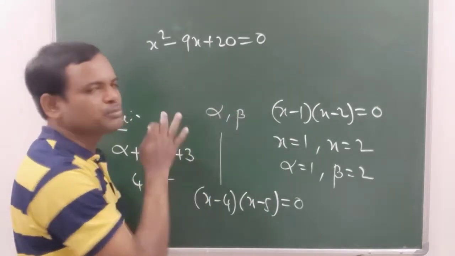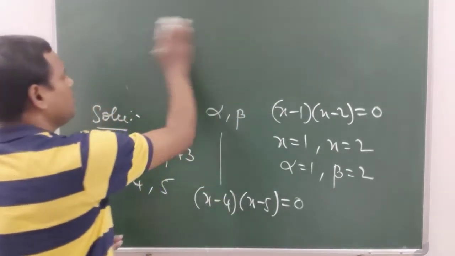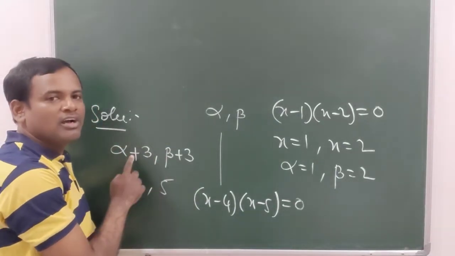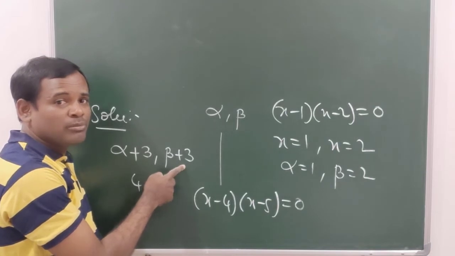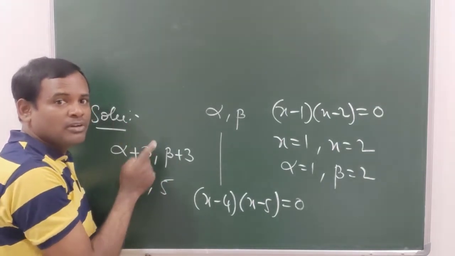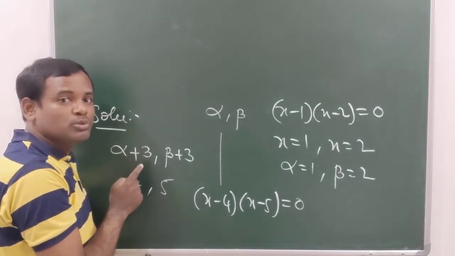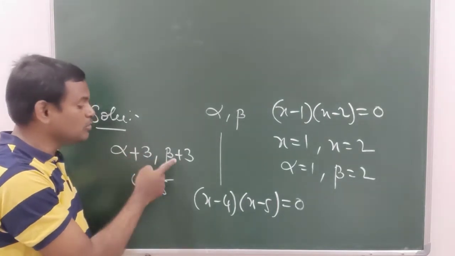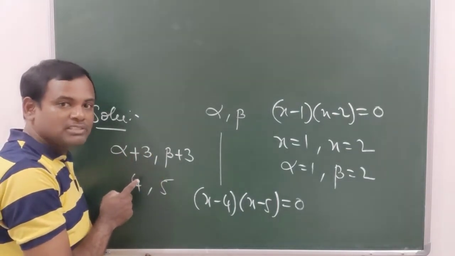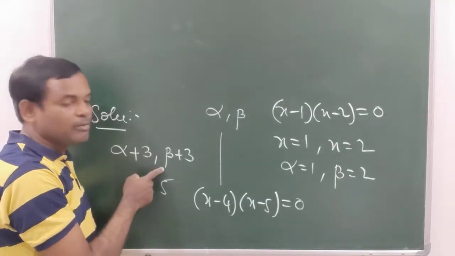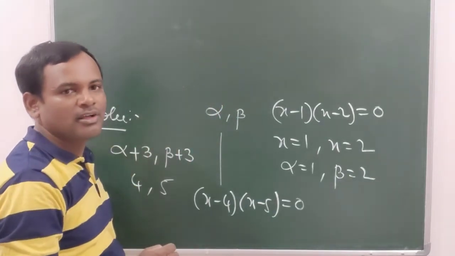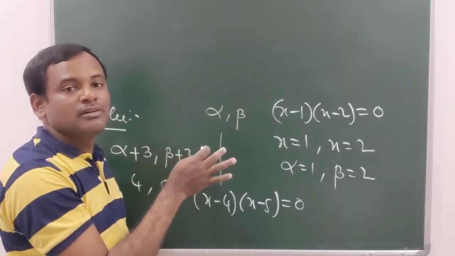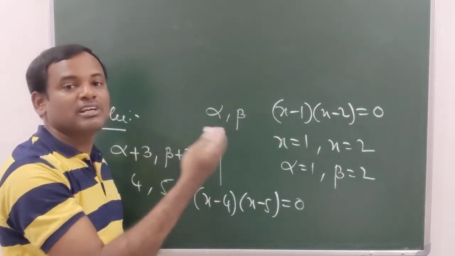But instead of doing this procedure, here we would like to calculate a quadratic equation whose roots are alpha plus 3, beta plus 3. Because as they have given in the problem, we would like a quadratic equation whose roots are 3 more than the roots of the given quadratic equation. Means our required quadratic equation roots are alpha plus 3 and beta plus 3, where alpha and beta are the roots of the given quadratic equation. So instead of doing like this, how do we answer this question? By the transformations of equations.